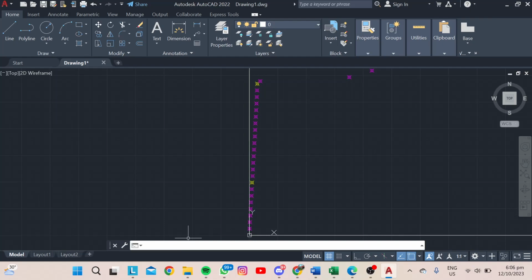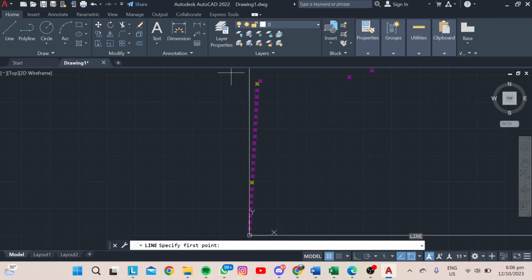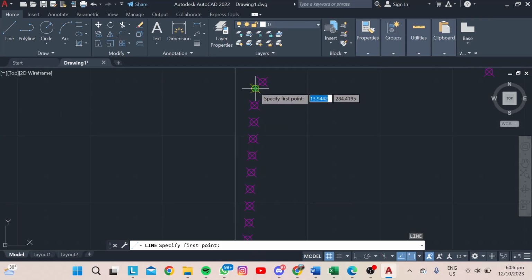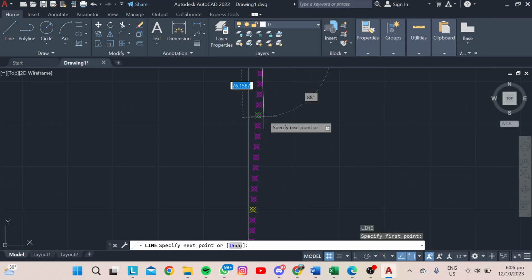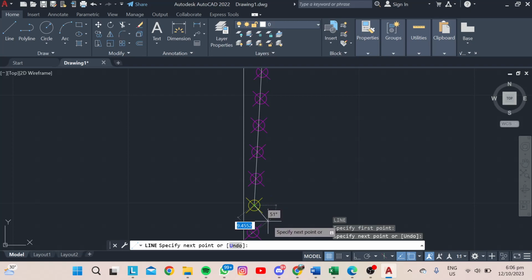Type the command L for line and press enter. Specify the first point from point 2, and then click the last point at point 1. Press enter,